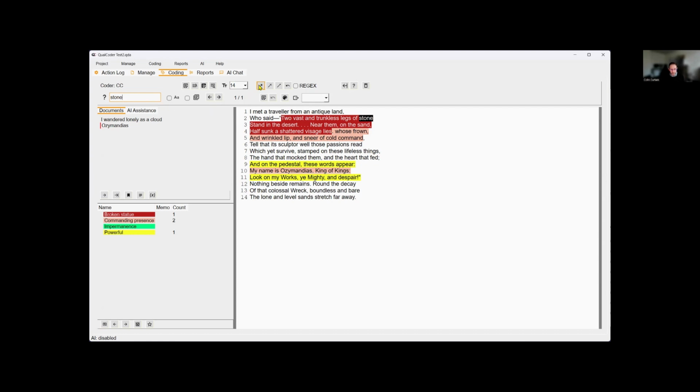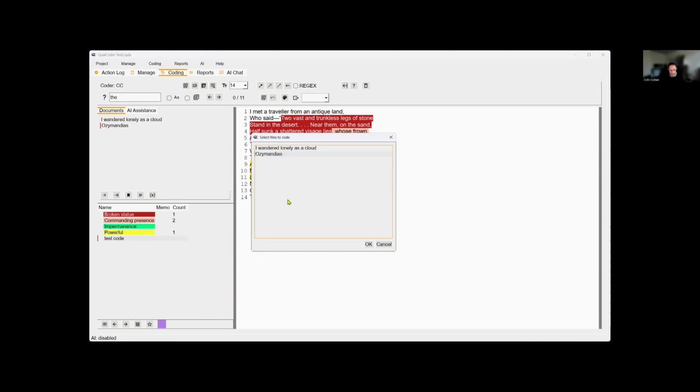Another one is this automatic text coding with exact text. So I could automatically code all the words "the". We have 11 instances of "the" throughout the text, and I could automatically code all of those to a code. I'll add a new code and call it a test code. So, whoops, we'll select test code and automatically apply that to the word "the" within this document,